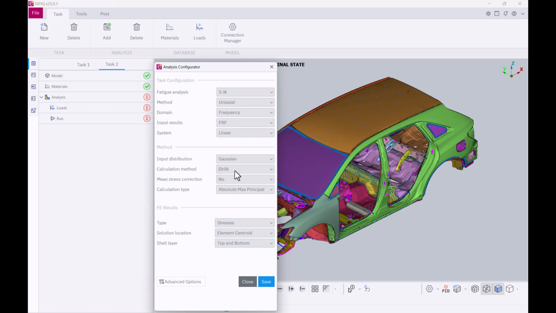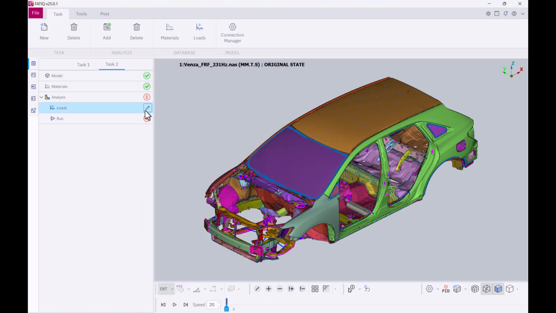Choose Dirlik algorithm to estimate the stress PDF, probability density function, and finally calculate the damage via Miner's rule. Moreover, no mean stress correction will be used here, and the evaluation will be for the Siegelman-von Mises on the element centroid for both top and bottom shell layers.